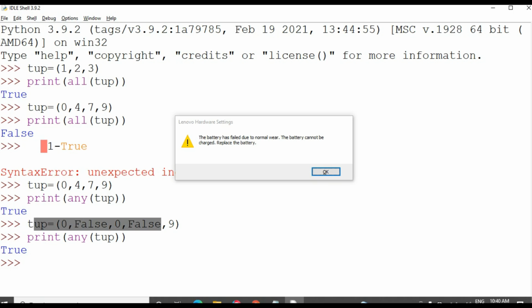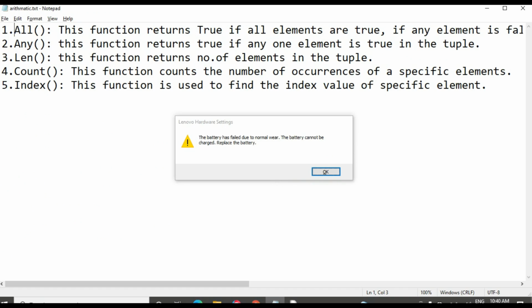See, in this tuple I have taken 4 elements as false. 0 means false and false is 0, so only one element, 9, is true, so it returns the value True.